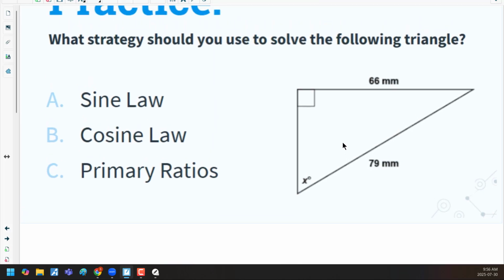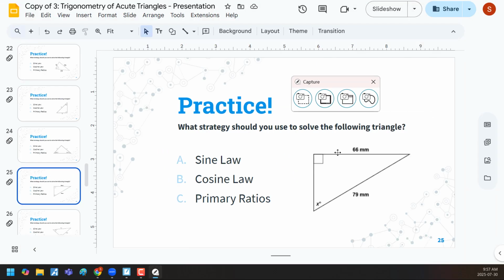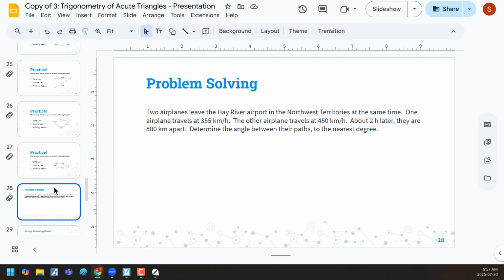Okay, this one. This one I'm just going to give you the answer. It's a right angle triangle. It's answer C. I'm not going to spend too much time on this one. Okay, so I'm going to skip the next few because I want to do